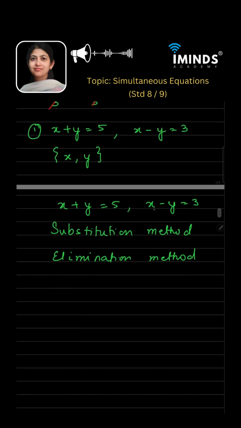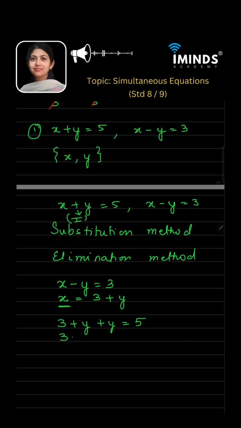Substitution method means what? See, what I will do is, this equation is there, x minus y is equal to 3. Now what I will do is I will keep x over here, y I will transpose to the right hand side. So what will it become? x is equal to 3 plus y. Correct? Now I will substitute this value of x in the first equation. Okay, ये हमारा first equation था. तो मैं इसमें इसको substitute करती हूँ इस value of x की, that is 3 plus y. So instead of x I will write here 3 plus y is equal to 5. So it becomes 3 plus 2y is equal to 5.